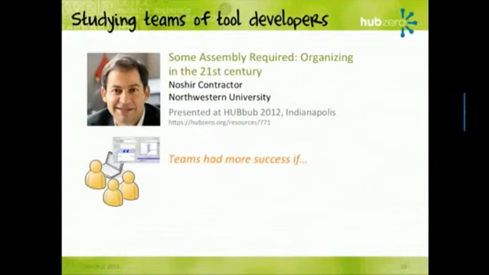One was that teams had more success if, for example, they had many versions. So if you improved a tool, you didn't just put it up once, but you fixed it, you improved it, you added features. The more versions you had, typically the better your ratings. It correlated with good ratings of the tool because the tool was fresh and well supported.